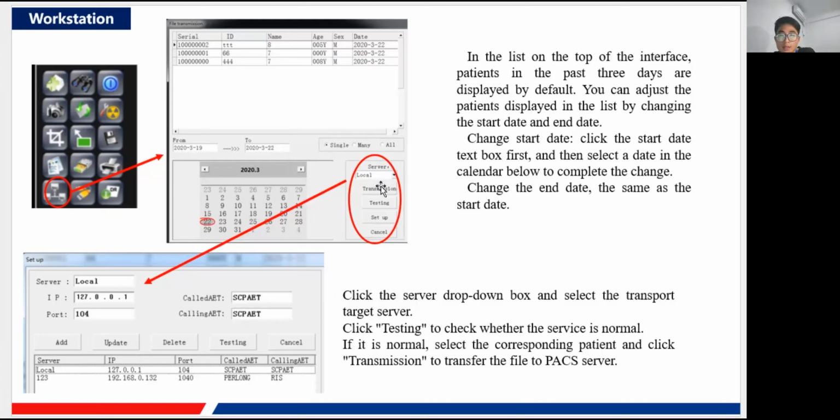So click this server, and there is another menu, a setup menu. First the server name, and you can just name it. Then the IP, of course, port, the called AE and the calling AE. Those are all the parameters, and you may need to ask the PACS system provider. Of course, we don't know that for sure, so you may need to kindly consult them and let them do the job, and they may help you fill in these parameters. Also, very similar to the film printer setup, you can add, you can delete, and you can give it a test. Okay,